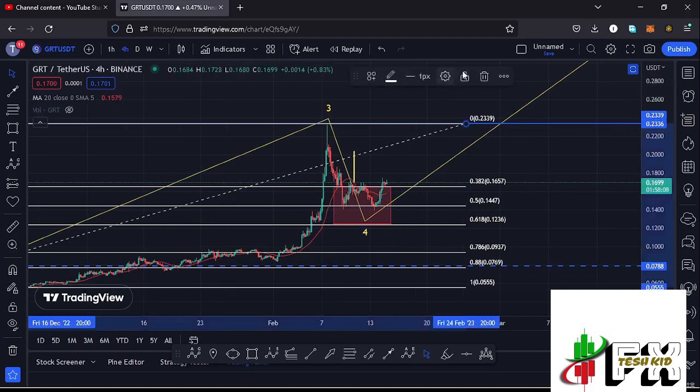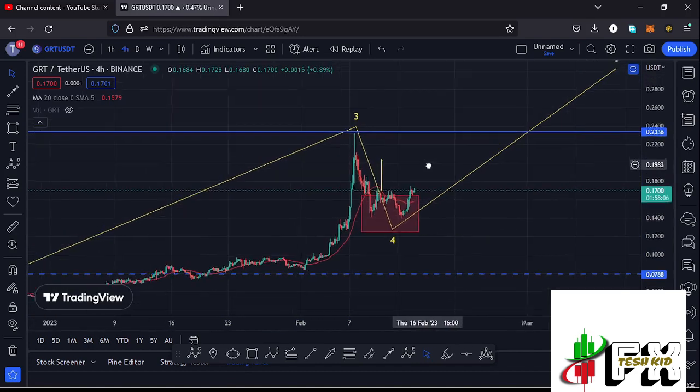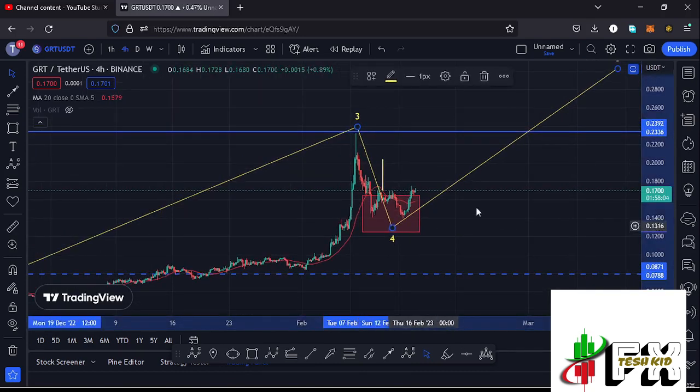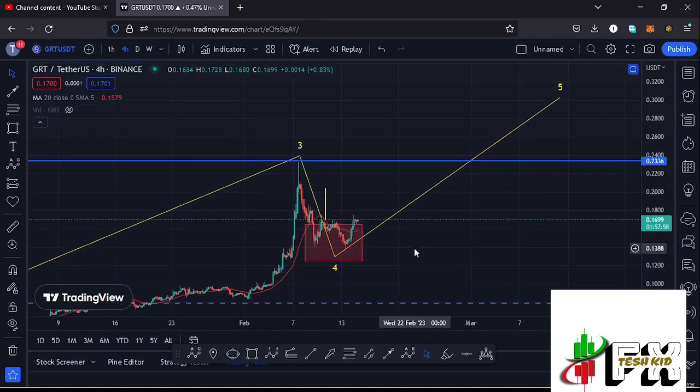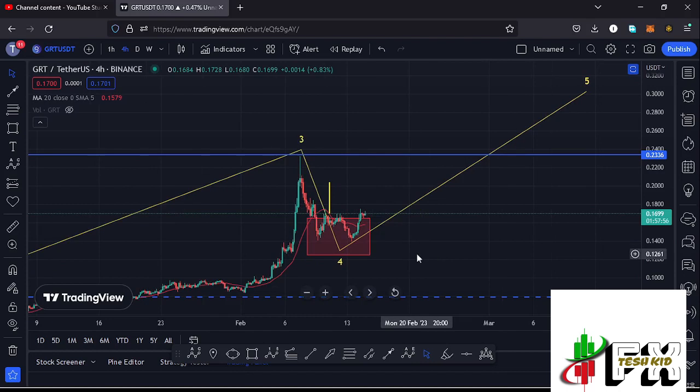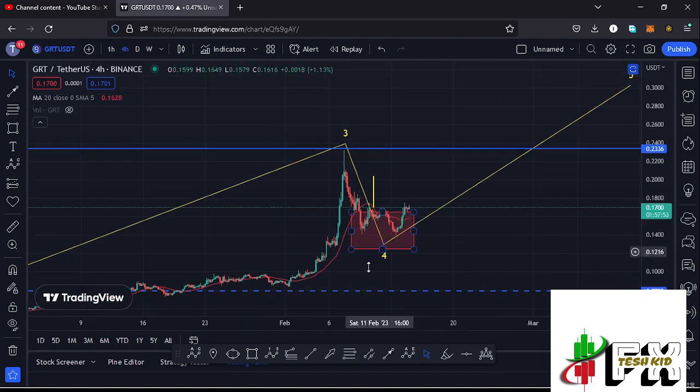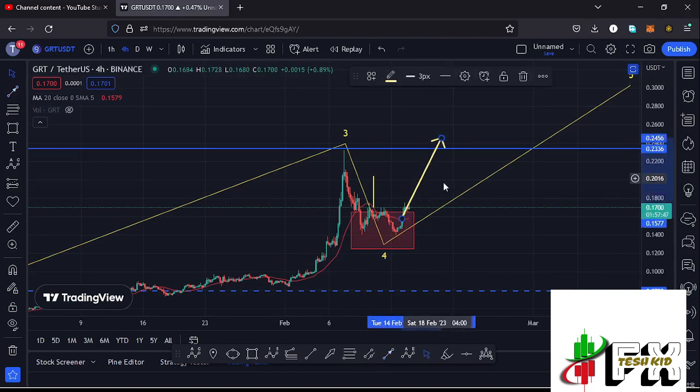And you can see we have fully maximized our red target area down here in the formation of this wave 4, and soon I'm expecting a massive bounce to the upside in the formation of that wave 5, and for that wave 5 to also play out, I'm expecting to see a break above the 20-day MA, which has happened here on the 4-hour chart, which is now acting as support for us to continue pushing even higher to give us a break above the wave 3 high at around the